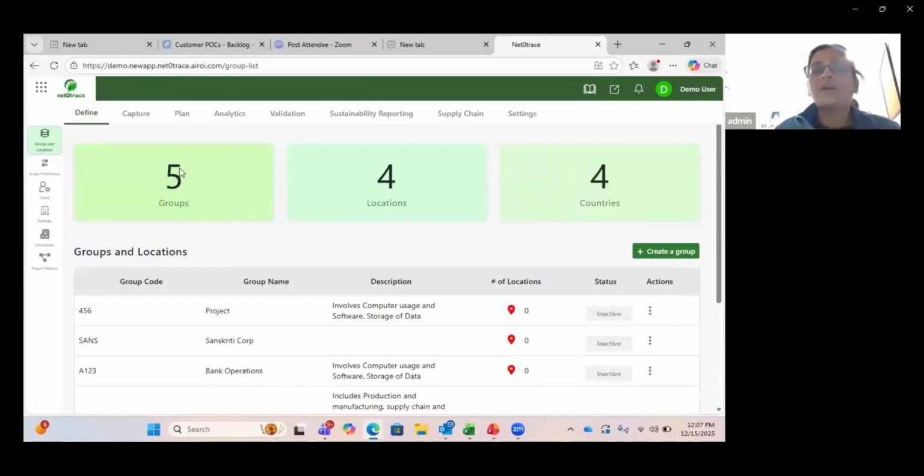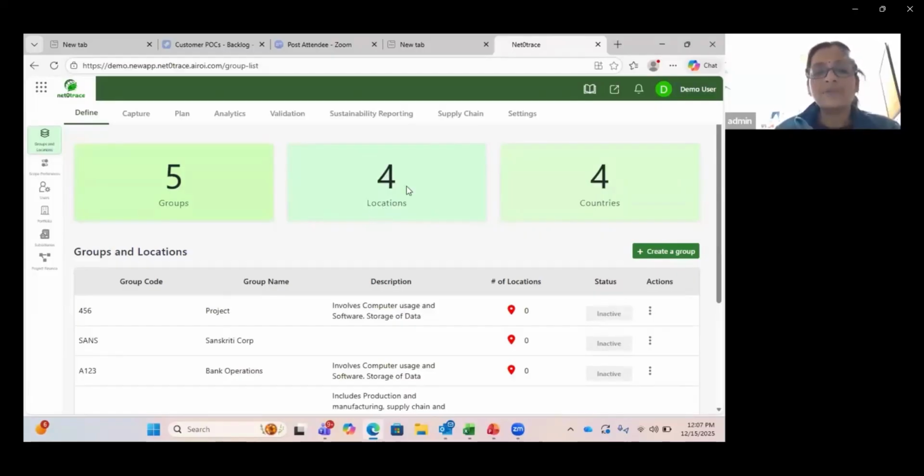We look at what kind of locations they exist in, what kind of countries they exist in. For example, if you take a hotel chain which has outlets in multiple countries, we set up their presence in different countries, and also within a country if they have a presence in multiple cities. So the locations from a hospitality perspective, you could look at as cities or properties. Now, for instance, if Solti has 3 properties within Kathmandu, we set up each of them as a location